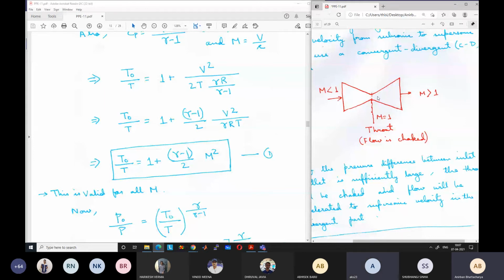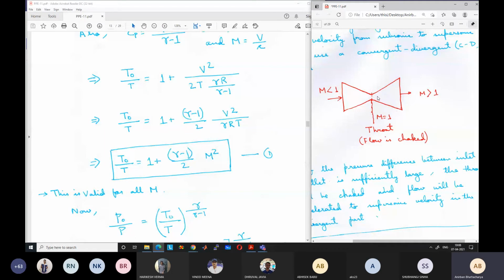Sir, can you once tell physically what this stagnation temperature means? Yes. So stagnation temperature is the temperature... So you have a fluid flowing in a channel with a certain velocity and temperature, say 300 Kelvin and 100 meter per second. If you bring the fluid at rest adiabatically, say there is an obstruction in its path and the fluid gradually comes to rest, means at zero velocity.